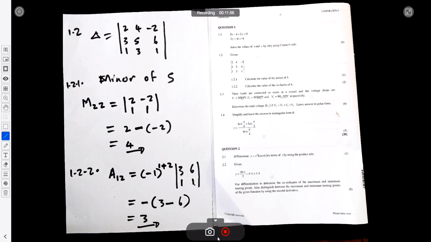So that's how we solve for the cofactor and solving for x and y in question